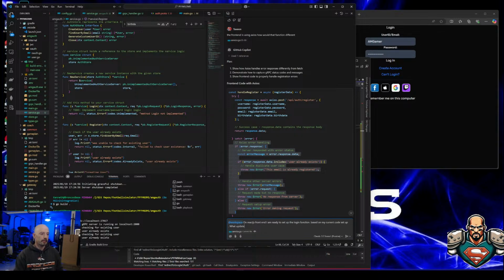What updates would I need to implement to check to log in user and still allow